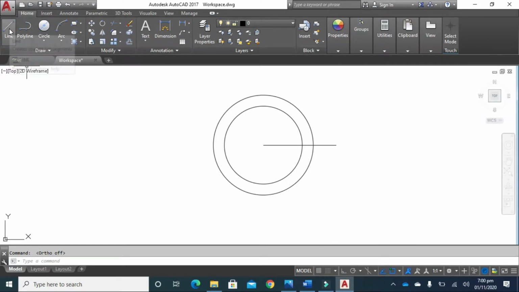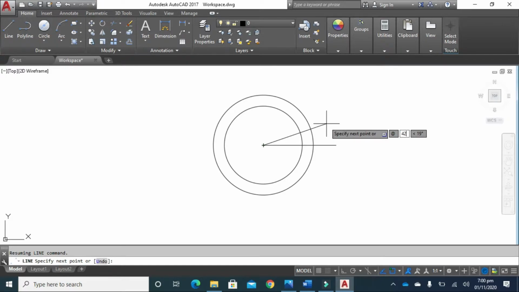Now again click on line, click here and press the left shift key plus 2, and now type 43 or 41 or any distance. I am writing 42.